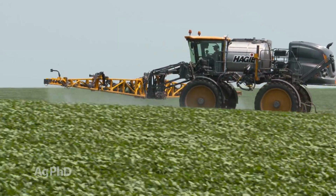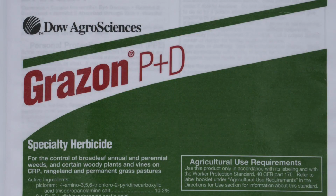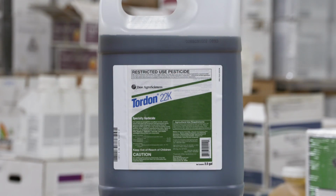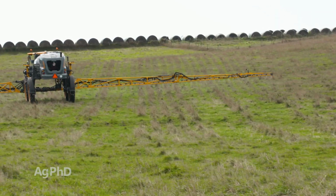Let's talk about control then, Brian. Where do you actually start to get really good control? Okay, a lot of people have been using Grazon, so they have the 2,4-D burning the top growth down and the Toradon getting into the root system. I think Toradon has pretty decent activity. I've actually had people using Stinger, Hornet, that type of product, so when I think about that in pastures, I go, hey,